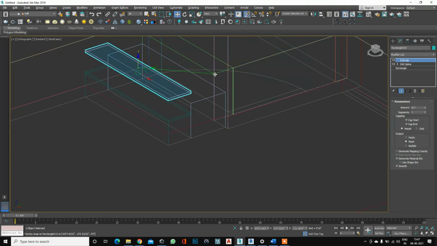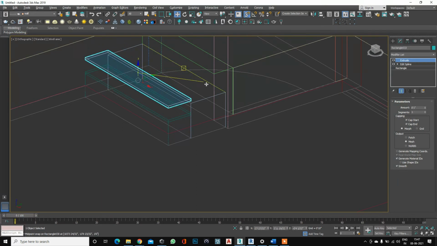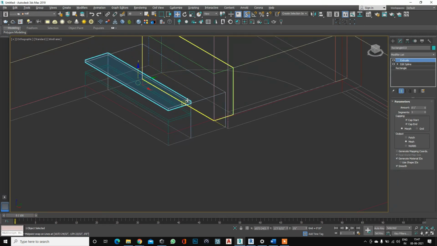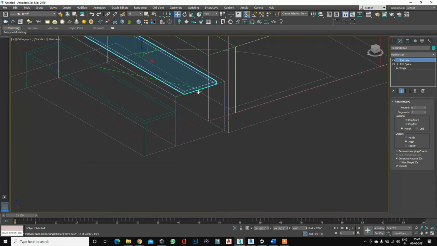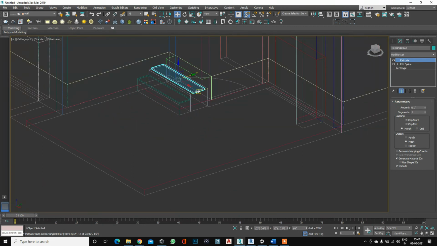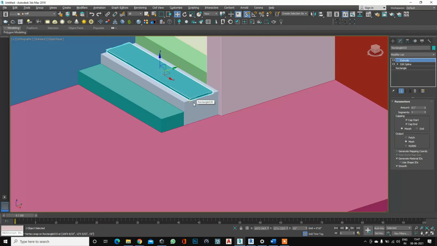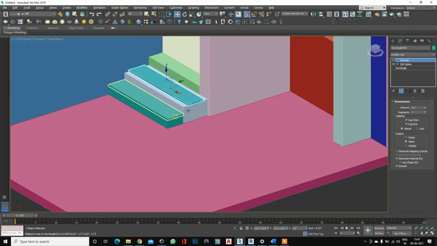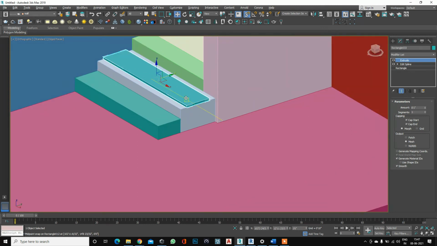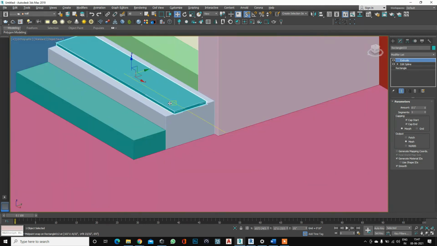Okay, so let's try doing this in 3.5. You can see it's exactly snapping, but it's not at the same height. Now you can see the width between this step and this step is different, so I need to enlarge this portion.